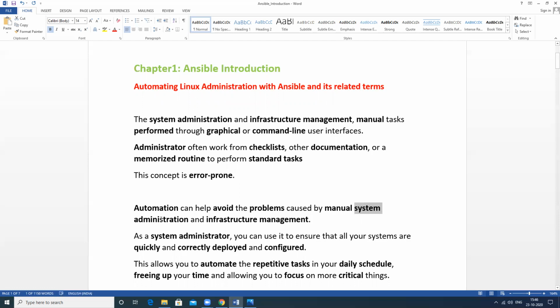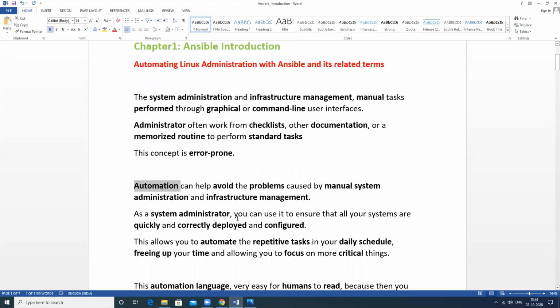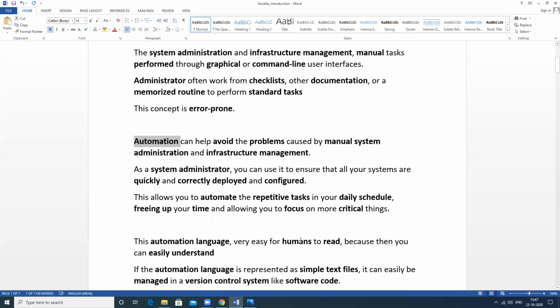Mostly administrators use automation tools. When we perform any task on a daily basis, we can use the Ansible tool and this particular language. This language is not so tough for humans.